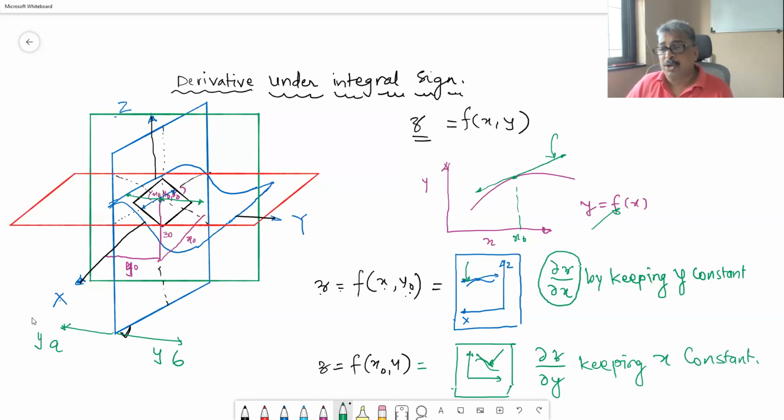Why should we keep them constant? Because we cannot differentiate both at a time, therefore we should keep one constant. No. Logic is this. If you want to study plane, you study straight line. You study two straight lines, which will determine that plane. It is as simple as that. And therefore, this is all about it. This is the summary of the differential calculus of two variables and maybe more than two variables.